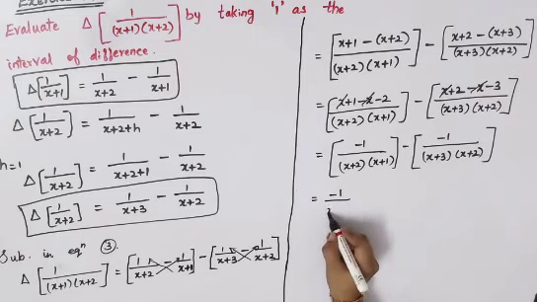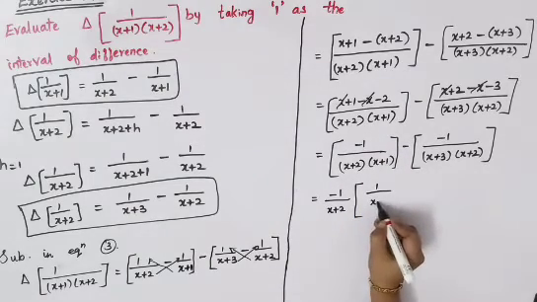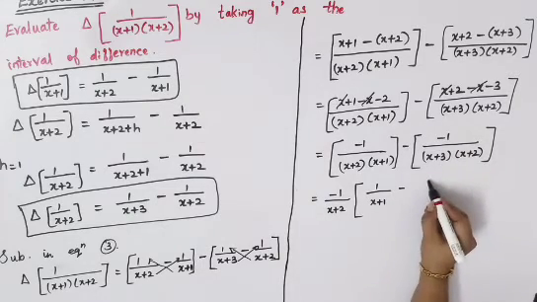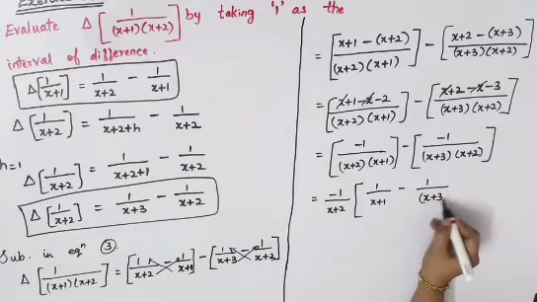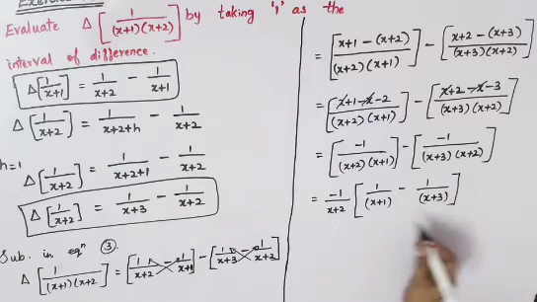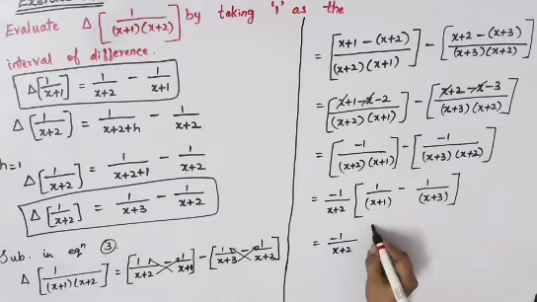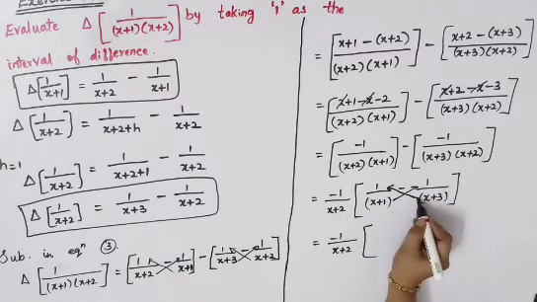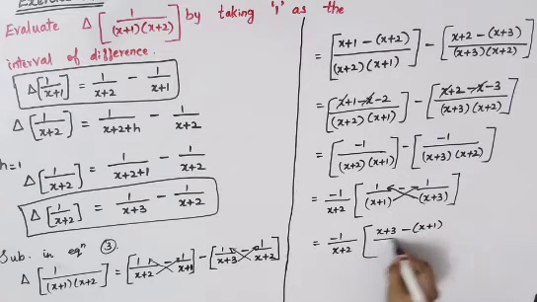So it is minus 1 divided by (x plus 2) into the left out term will be 1 divided by (x plus 1). And here this minus will be there as it is, because this minus only we have taken out. So 1 divided by, here x plus 2 is out, so left out will be x plus 3. Now again finding LCM for these two terms. This 1 divided by x plus 2 will be there as it is. So again cross multiplying, otherwise finding LCM. So (x plus 3) minus (x plus 1) divided by (x plus 1) into (x plus 3).